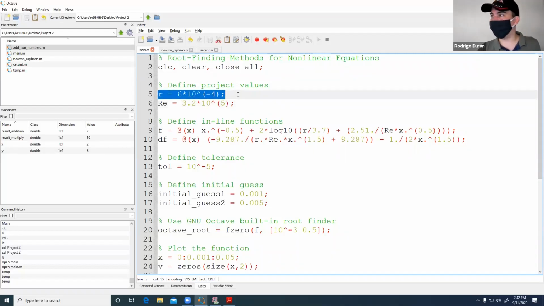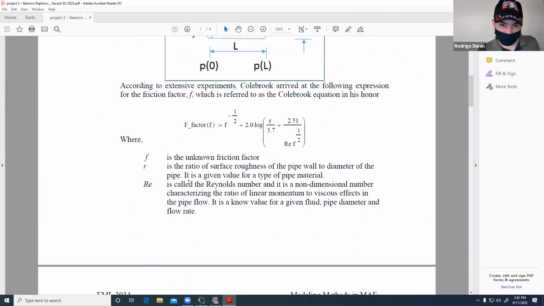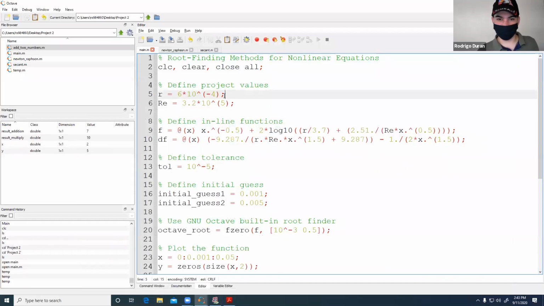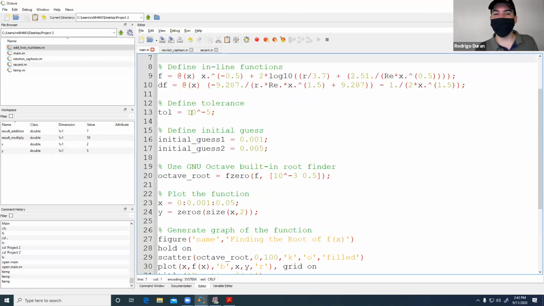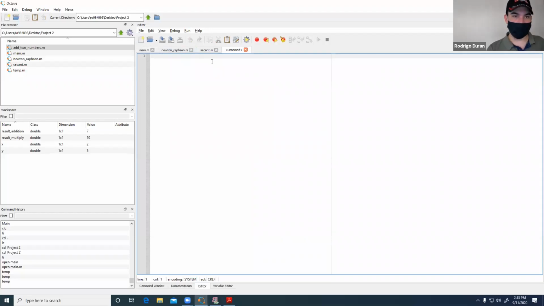Again, R is the friction factor, and not the friction factor, I'll tell you in a second, it is the ratio of the surface roughness. So all of this is given in the project. I have my R, I have my Reynolds number, and then I define my functions. Once again, we define them as inline functions. Towards the end of the semester, or if you're working on a different lab, they may not define them as inline functions. They may define them as a whole file that says, hey, this function, it's called,